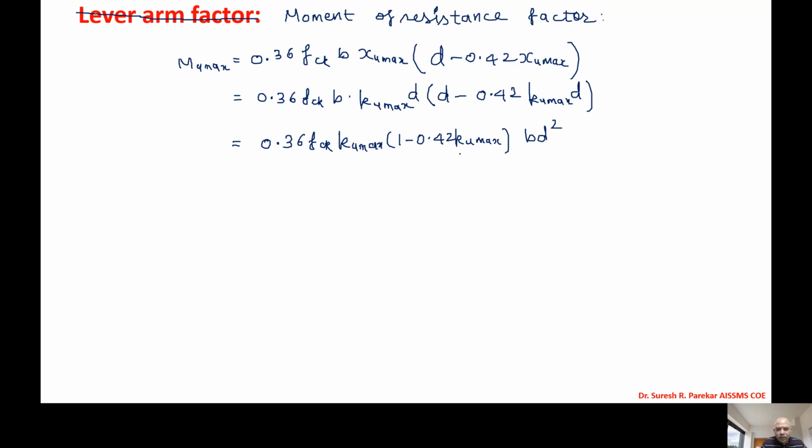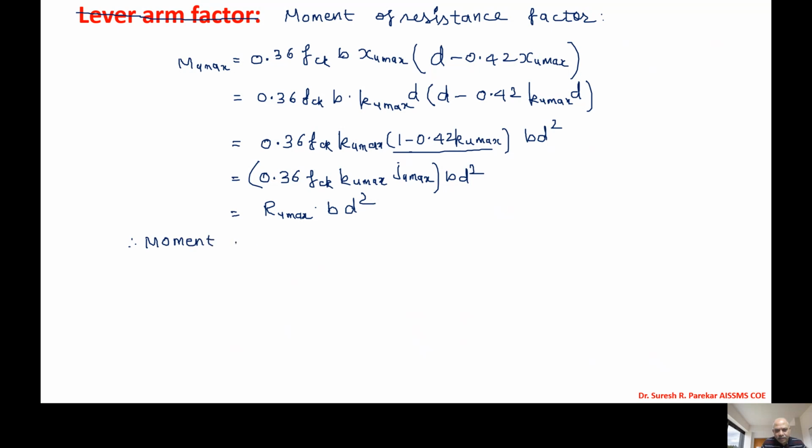Now we know we have this as Ju max, so we will put it 0.36 fck Xu max into Ju max into bd square, and this is known as Ru max into bd square, and therefore we can write moment of